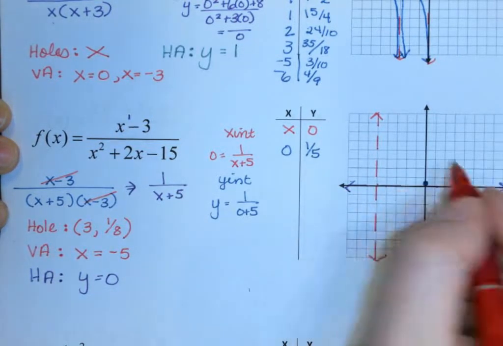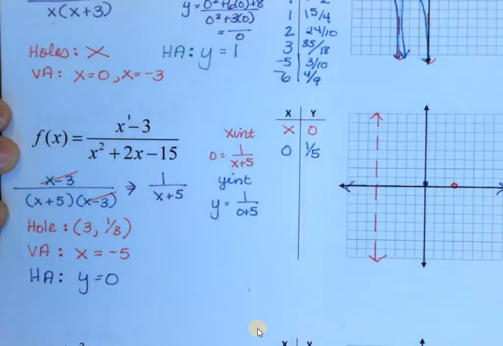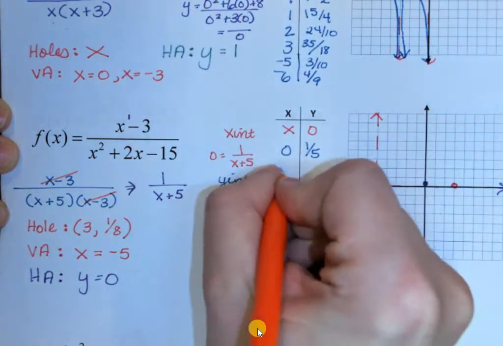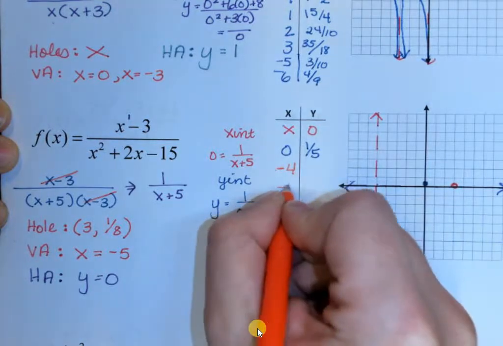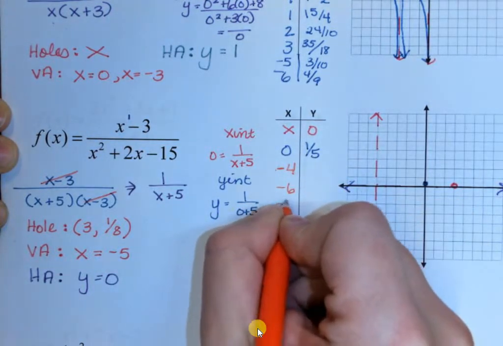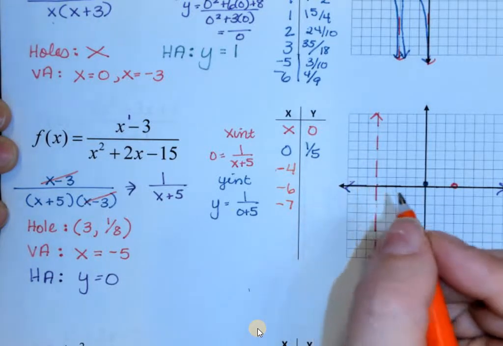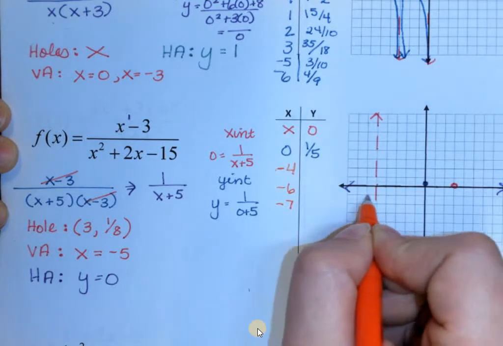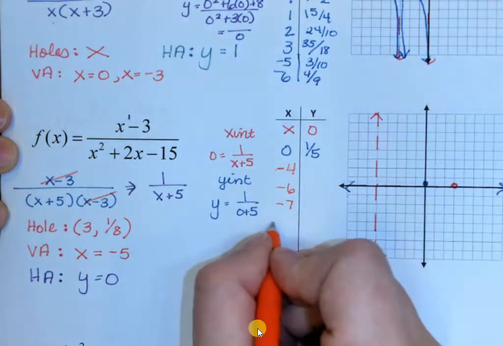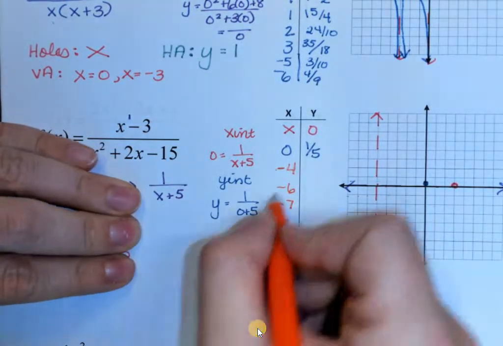So I just need one more point on the right because I've already got 2. So I'm going to go 1, 2, 3, 4. Right? 1, 2, 3, 4. So I'm going to use negative 4. I'm going to do negative 4, 5, 6, 7. And that should be good enough because I'm kind of off the graph beyond that. You can do a negative 8 if you want, but 1, 2, 3, 4, 5, 6, 7, 8. And what I really like to do with this stuff, watch how much easier it is to plug these guys